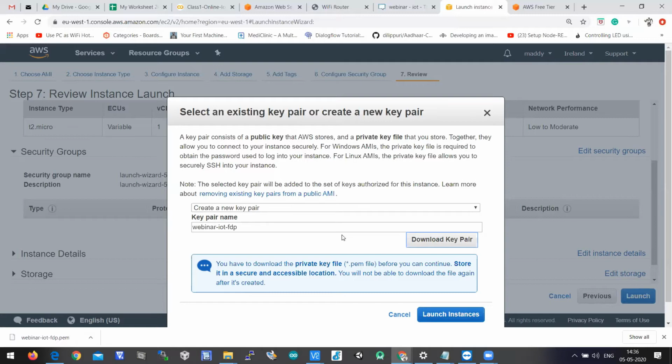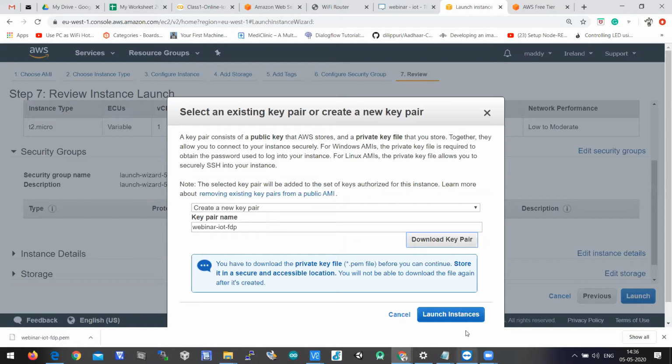So when you click on download key pair, this PEM file will be downloaded. This PEM file will be generated for only one time when you are creating an instance on AWS. You cannot regenerate the same file. This PEM file will be generated only when you are creating an instance on EC2. If you forgot to download a key pair, then we cannot regenerate it.